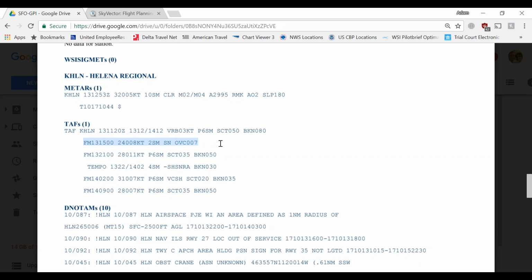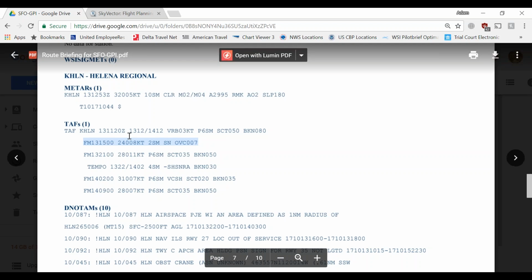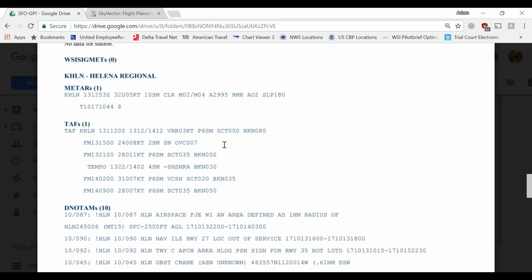Now we've seen Helena. This is like the 3rd time we've probably seen Helena in some way, either as a destination or an alternate or whatever. We just got done looking at Helena last night, so we already know that they have an ILS that's down to 200 and a half. However, I don't necessarily remember the runway heading, and I don't know if it lines up with that wind, but just taking kind of another shortcut approach here,